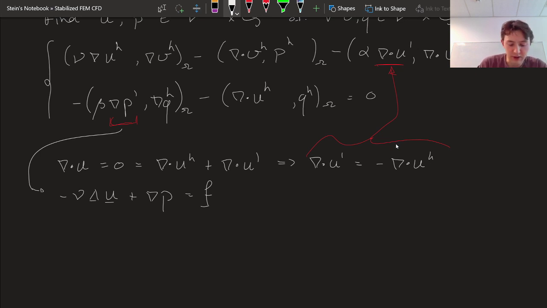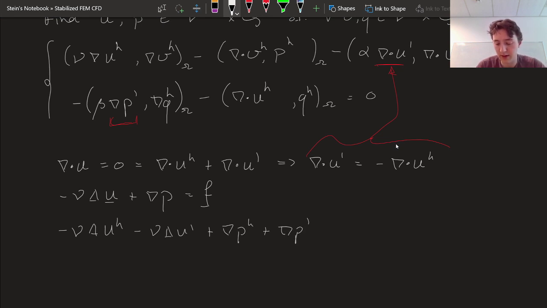So we'll separate the scales here. So this is going to be the same thing as minus nu Laplace of UH plus of U prime, PH, P prime, and thus minus nu Laplace of U prime plus gradient of P prime is equal to F minus or plus